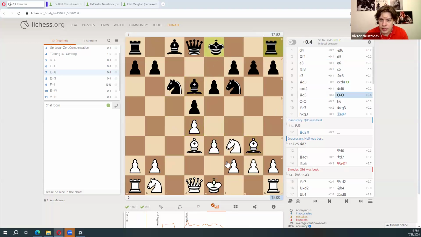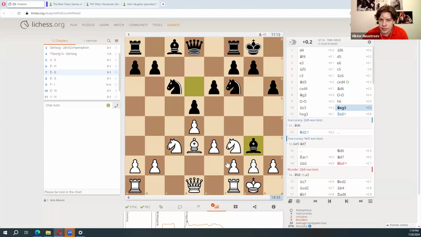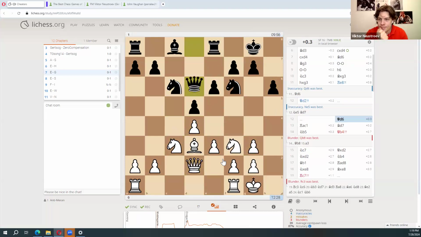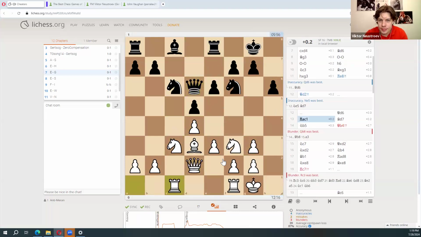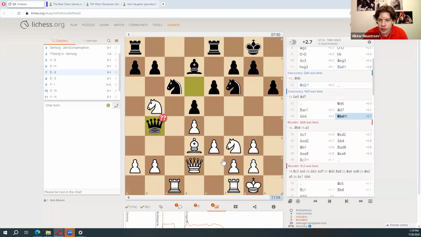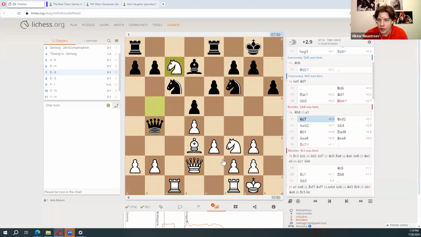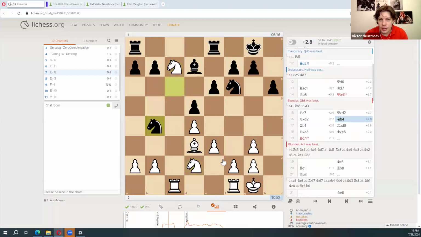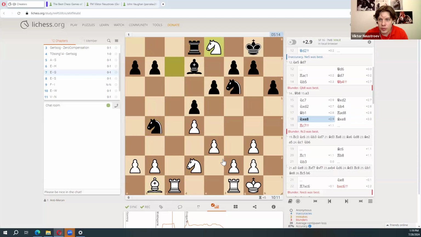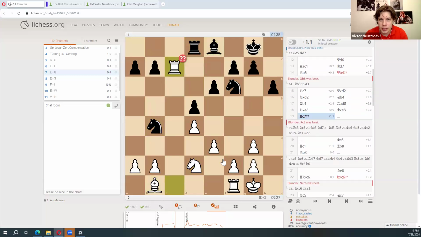So this, take rook e8, queen d2, queen b4, then a fork. So queen takes queen. So knight b4, taking the bishop goes to b1, rook a d8. Now white wins the exchange and enters the enemy camp.